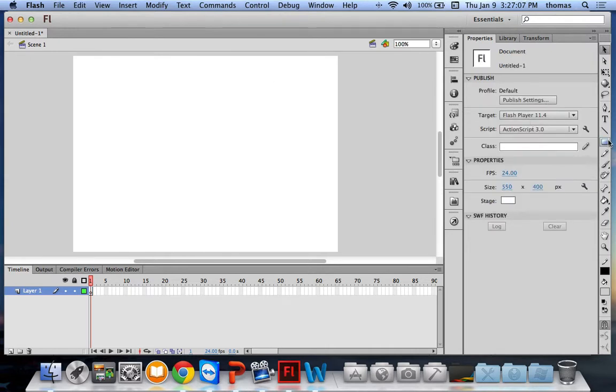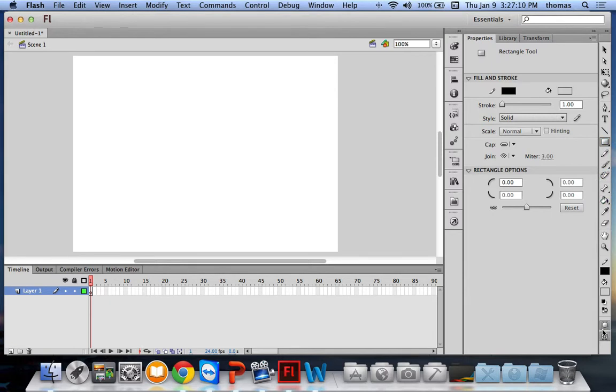If I go back to the rectangle down here at the bottom, it tells you your drawing mode, in the bottom right-hand corner of the toolbar. Right now I'm in object drawing mode. I want to go into graphic drawing mode. I'm changing my drawing mode to the regular graphic drawing mode. So now if I draw,